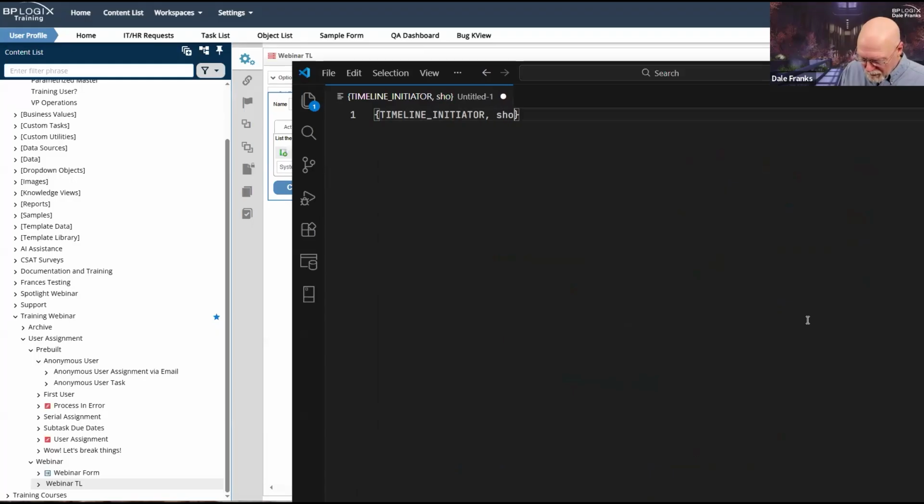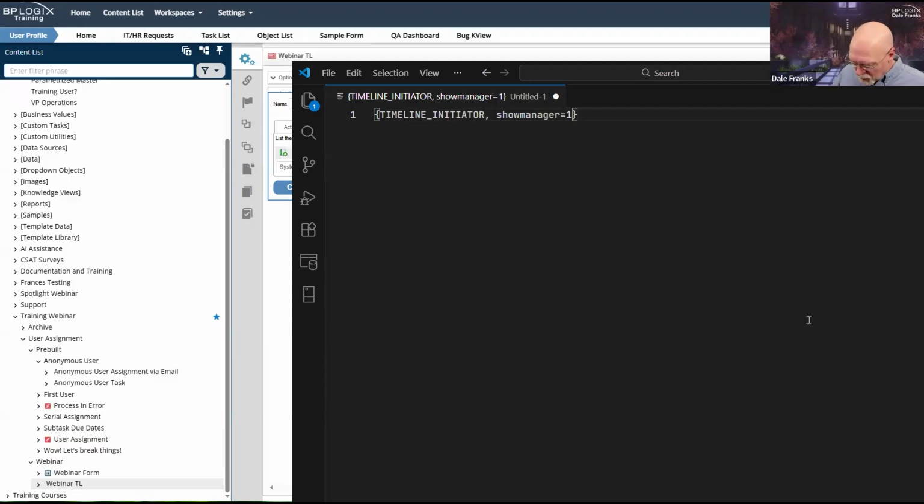So show manager equals 1. Now, by default, this is going to return my name as timeline initiator. Show manager equals 1 is going to return my manager's name. But I need to do task assignment by the user's ID.